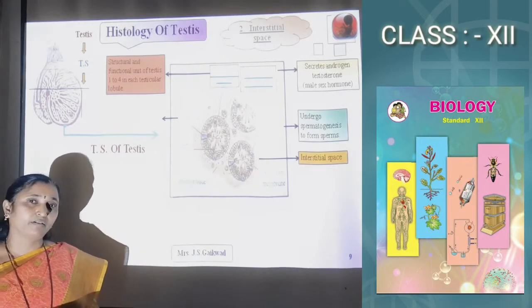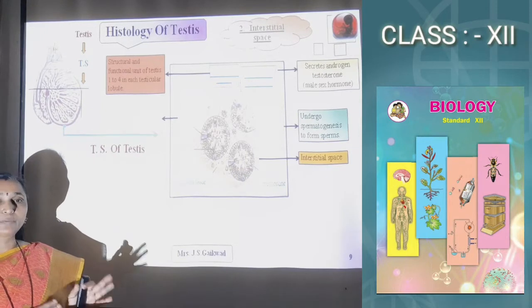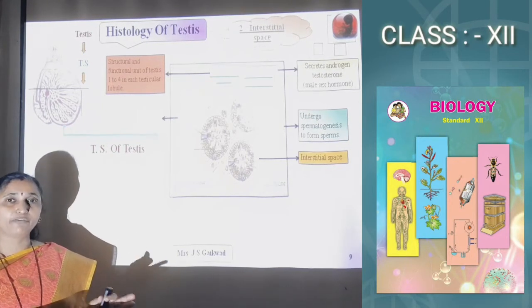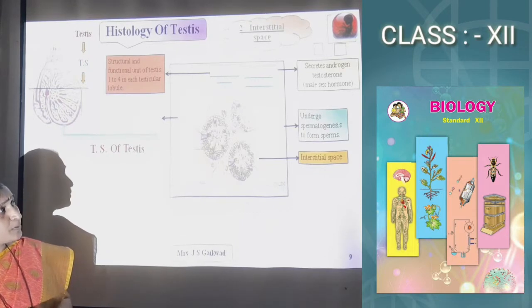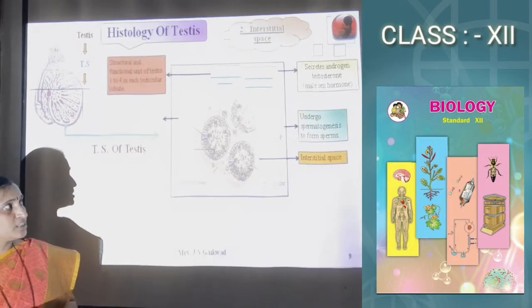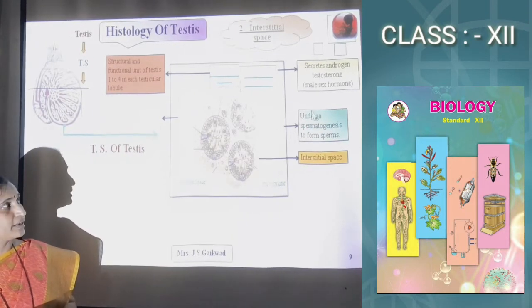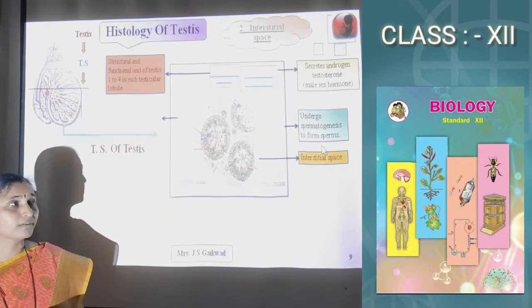In the first lecture, we already told about this sperm. It is a male gamete, which plays an important role in fertilization by fusing with the ovum, the female gamete. What is spermatogenesis? It is the formation of sperm. Genesis means formation. So the germinal epithelium undergoes spermatogenesis to form the sperms.